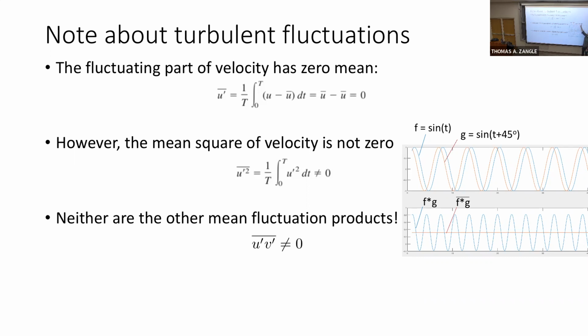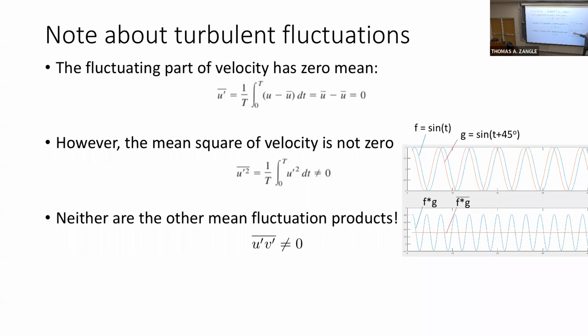G is also a sine function. I just shifted it over, phase shifted it by 45 degrees. The time average of this is still 0. But now if I multiply F times G, then take the time average, it is non-zero. And that's what I'm drawing down here. So this line down here is actually F times G, because it is